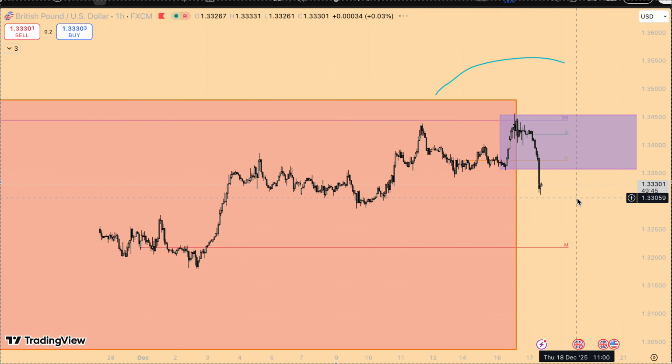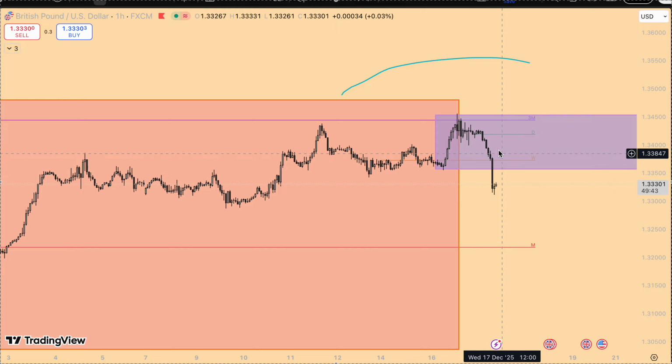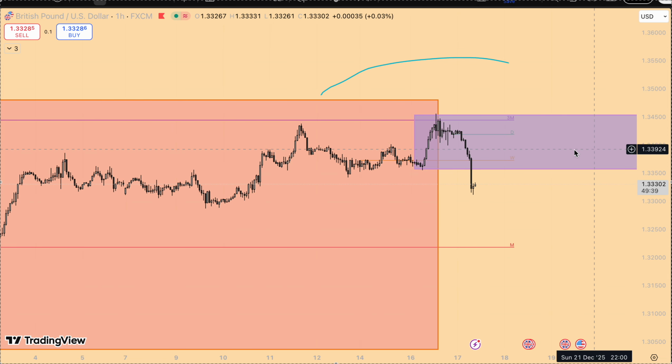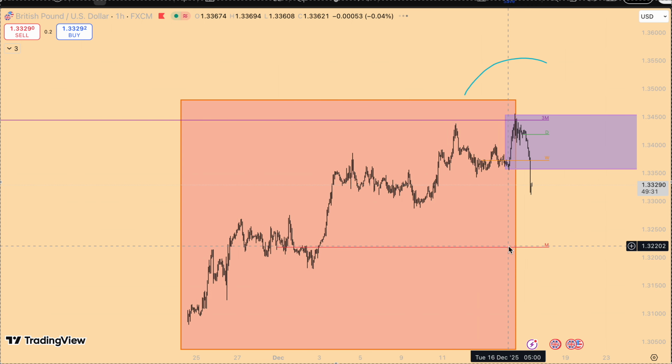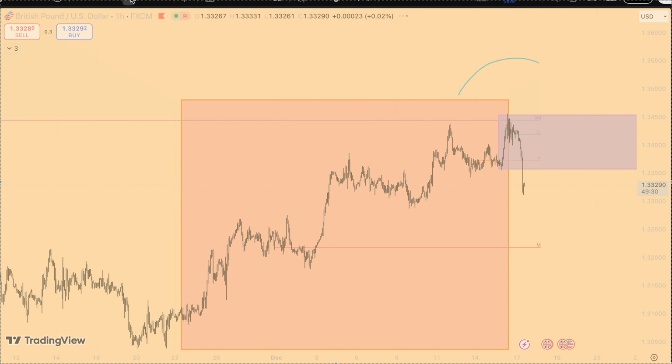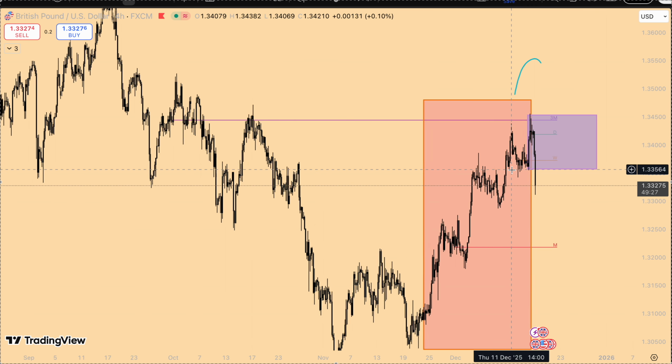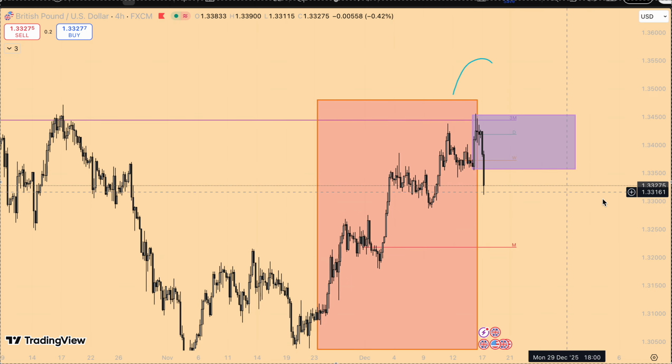Let's see on the hourly what's going on. Okay, we don't really have any sweet liquidity spot except from here that we grabbed. So you just want to look for those shorts from inside here, and perhaps you target this liquidity low or even here. So let's see how that wants to happen. If it doesn't come back, guys, just let it go.